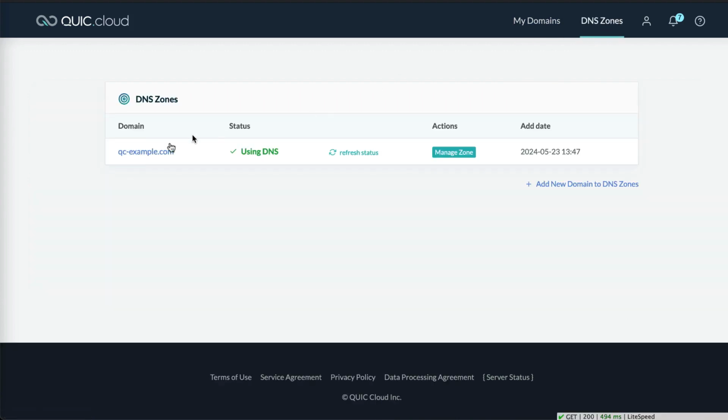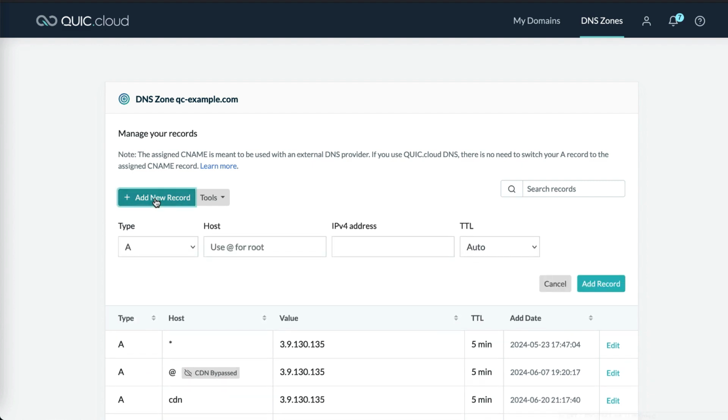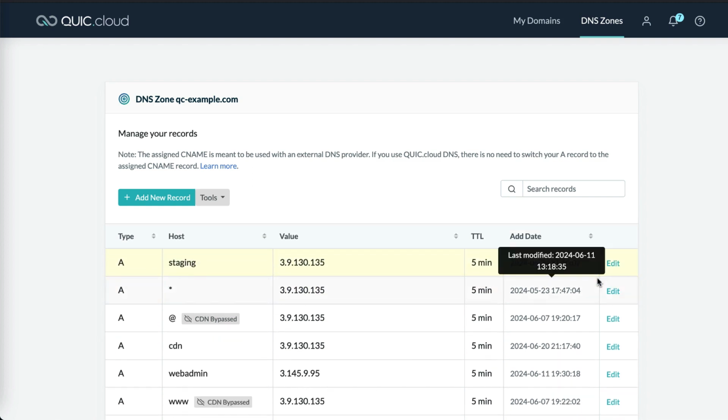Click qc-example.com and click Add New Record. Set type to A and host to staging. Enter your staging server's IPv4 address and set TTL to whatever you like. Click the Add Record button. At this point, you've completed the DNS setup, but you'll still need to connect the staging site to QUIC.cloud and